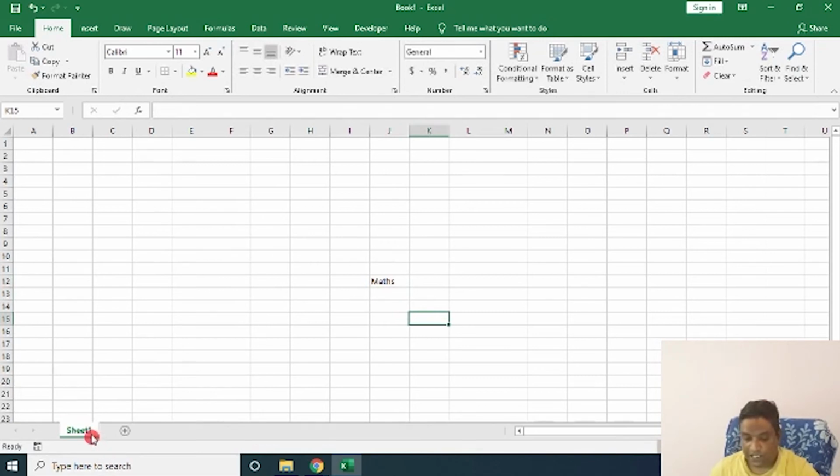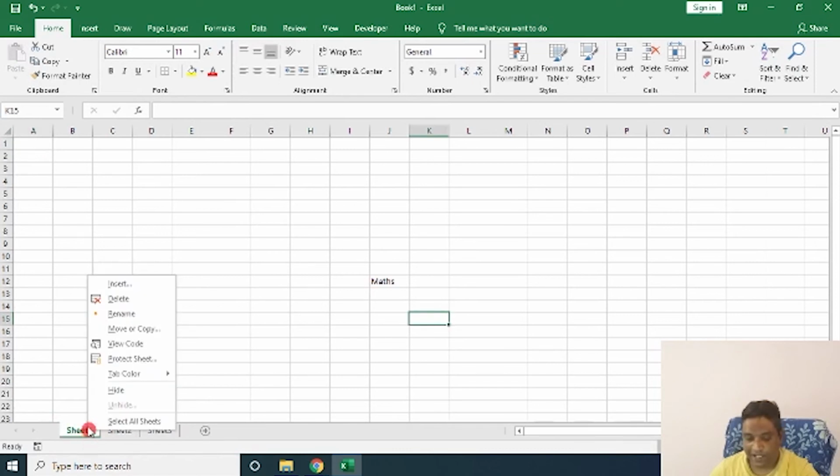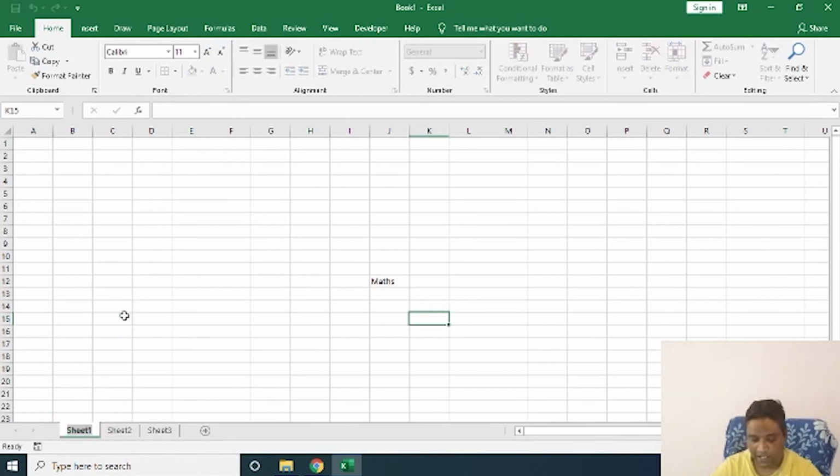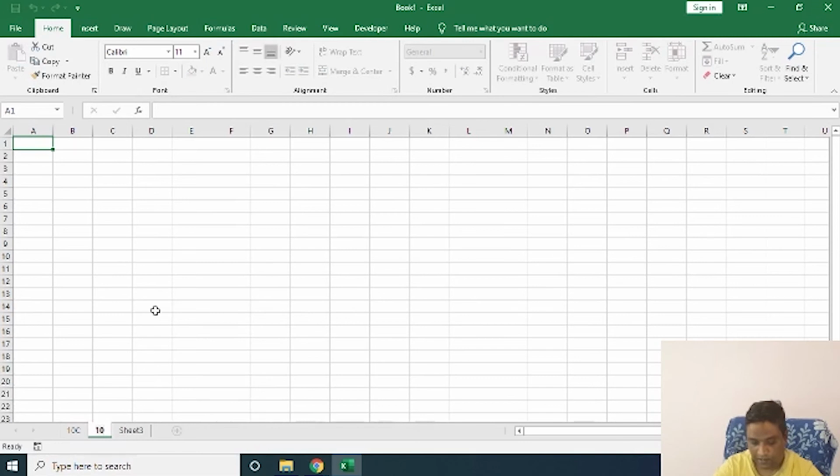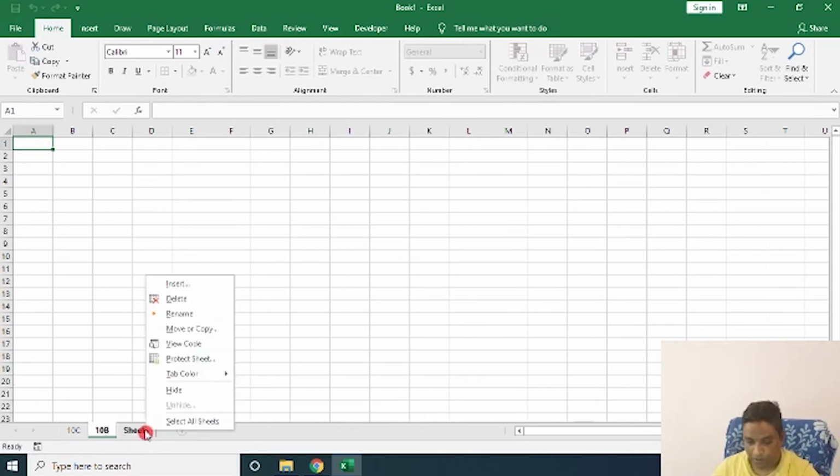Now we'll see at the bottom we have Sheet 1. What is Sheet 1? Okay, in Excel we have only one page by default, that is Sheet 1. If you want more pages, you have to click on the plus sign. Now you can rename these pages. How can you rename these pages? Right click on this and say rename, and you can put any name, whatever you want. Second page 10th B, third page rename it 10th E.